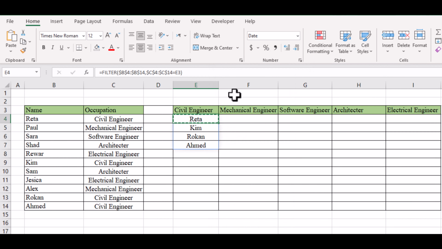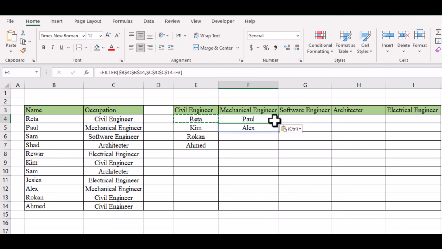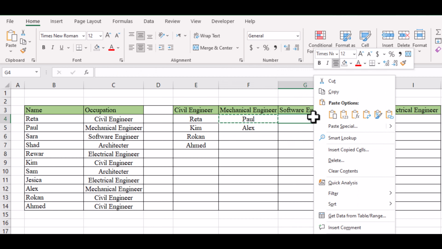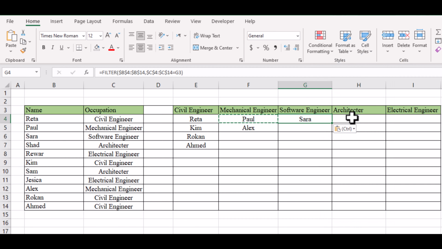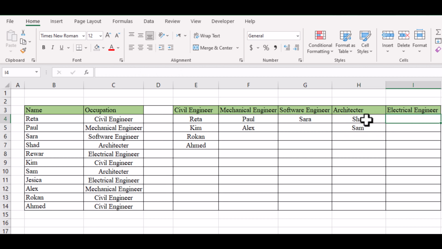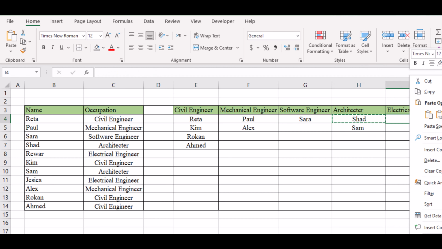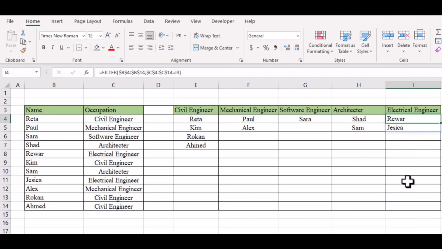Make a copy, paste here as a formula. Again, as you can see, all data are